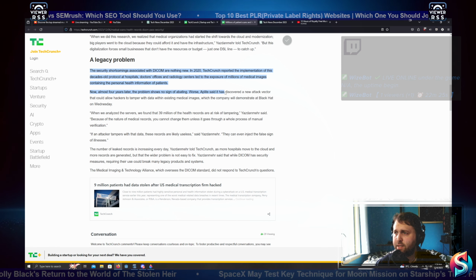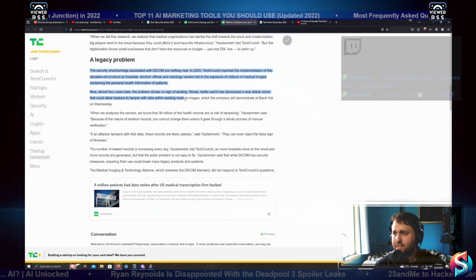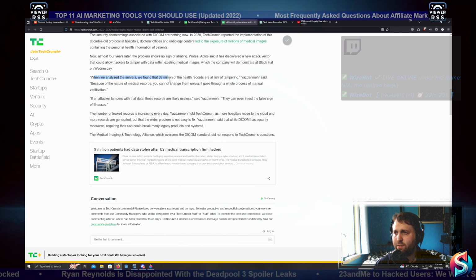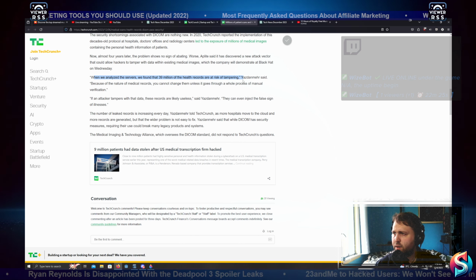Worse, Aplite said it has discovered a new attack vector that could allow hackers to tamper with data within existing medical images, which the company will demonstrate at Black Hat on Wednesday. When we analyzed the servers, we found that 39 million of the health records are at risk of tampering, Yazdmir